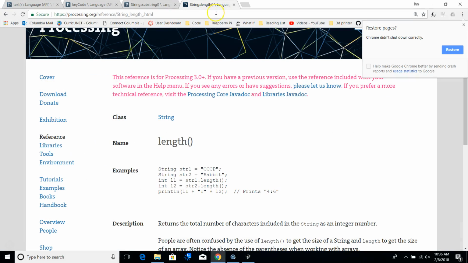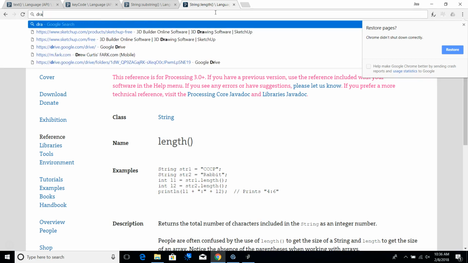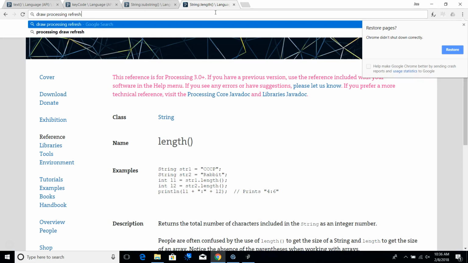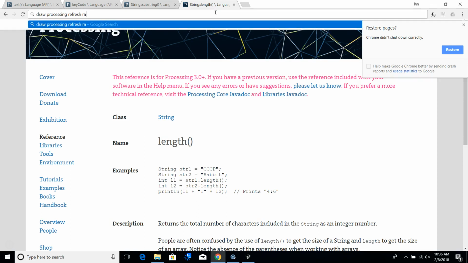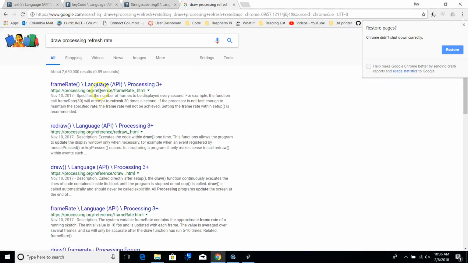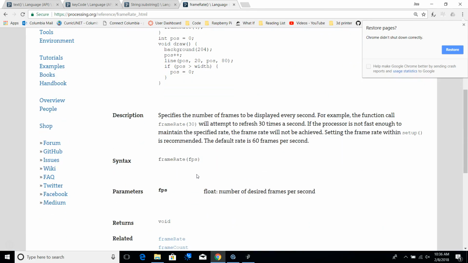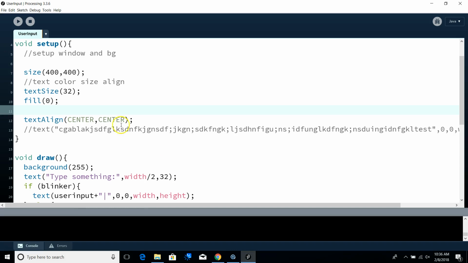So what would I Google to figure out how to slow down the draw command, or the draw loop? Refresh rate. Draw, processing, refresh rate. Guessing it's frame rate. There we go. So, frame rate: specifies the number of frames. For example, the default rate is 60 frames a second. Okay, so up here in setup, if I set frame rate,